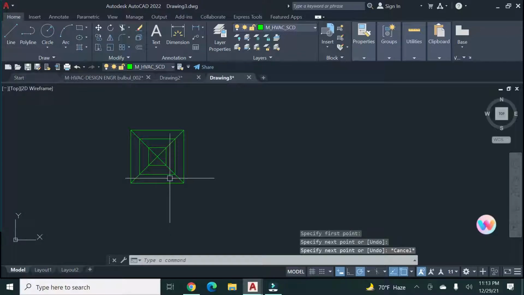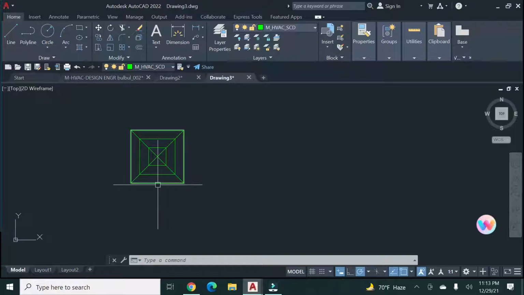Okay, it really looks like a diffuser. You can see here, it's individual rectangles, so you are able to delete or remove them individually. But I want to block that. After block, you are not able to delete a portion from this drawing. Like that, you can now delete this portion, but after block, you are not able to delete that.